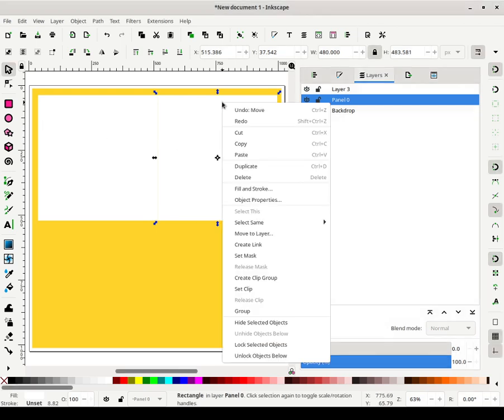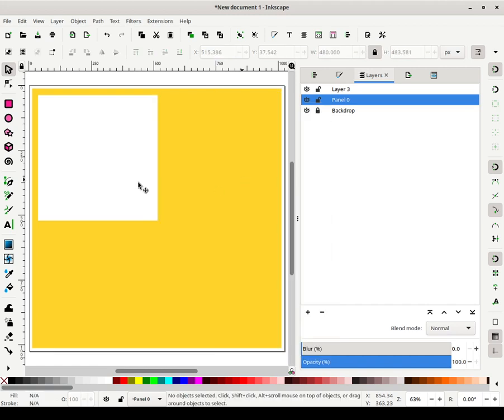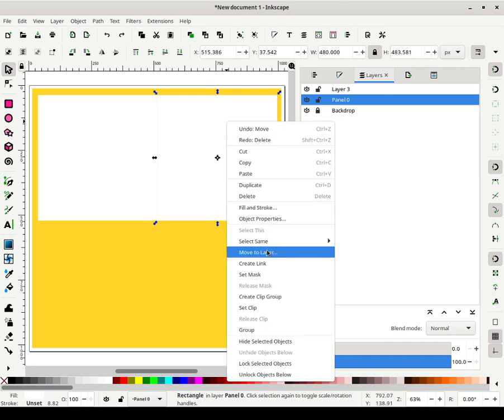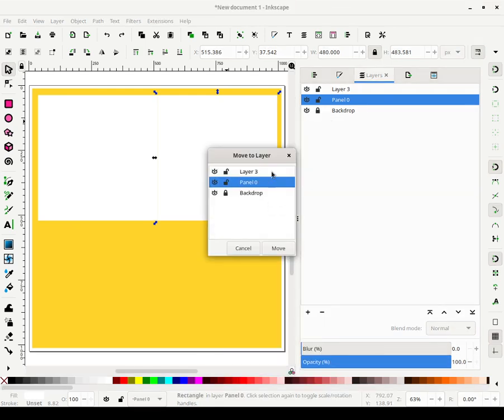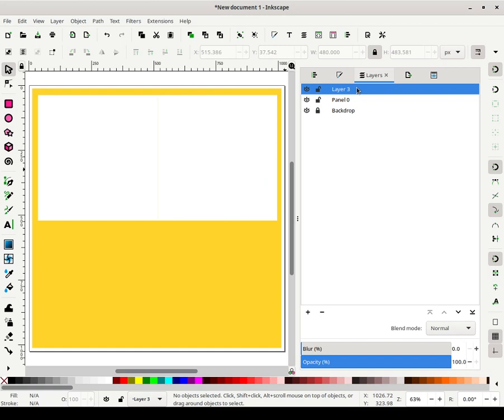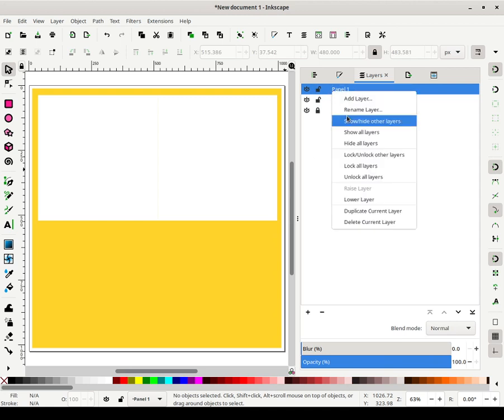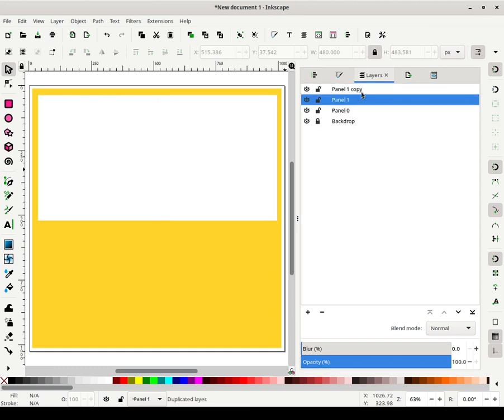Alright, so I have the sizes I want figured out, so all I'm going to do, let me just delete this one. Or in fact, let me leave it and move it to the layer above it. We call this panel 1. And then we're going to duplicate this layer once and then again.